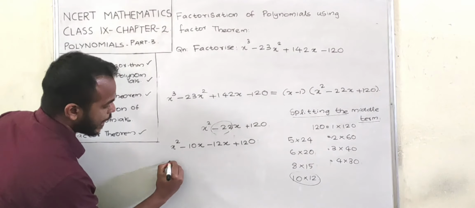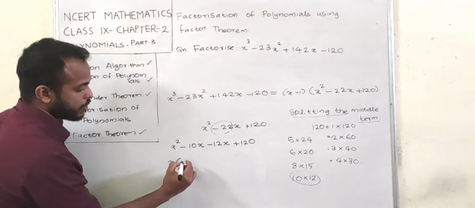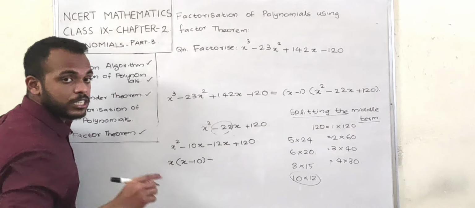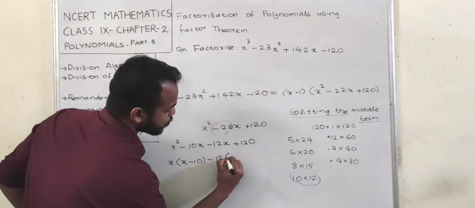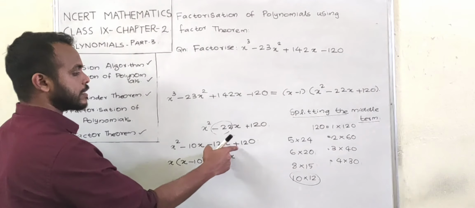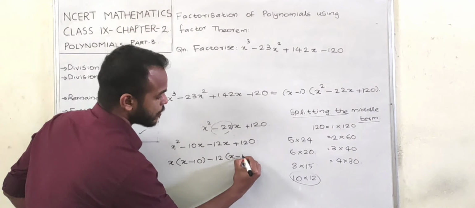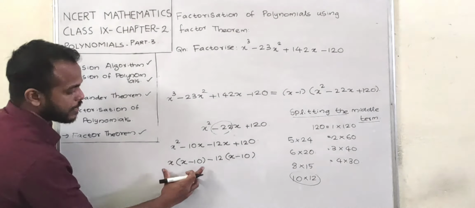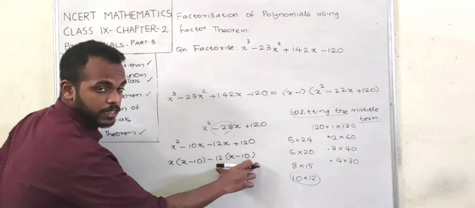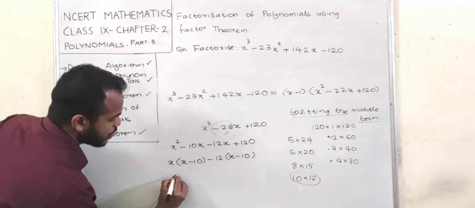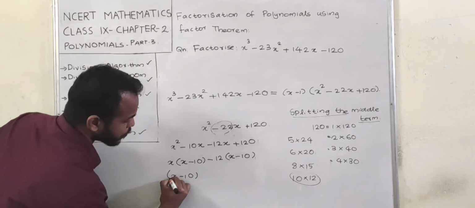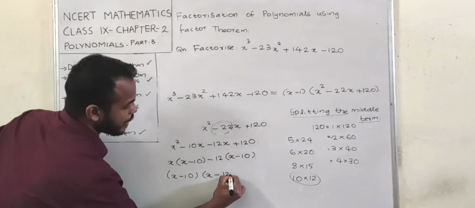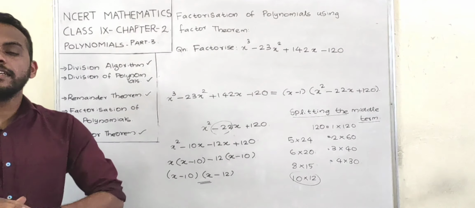Then now take x common from here. X is common, so x minus 10. Then who is common in this one? 12 is common, right? So I am going to take 12 common. So there is minus 12, plus 120. So you should write minus 10. Then only minus 12 and minus 10 will become plus 120. Now let's see, in these two terms, this is a single term, this is another single term. You can see x minus 10 is common. So we'll take x minus 10 common again. So what will you get? You will get x here and there's a negative symbol and a 12. So our factorization is over.